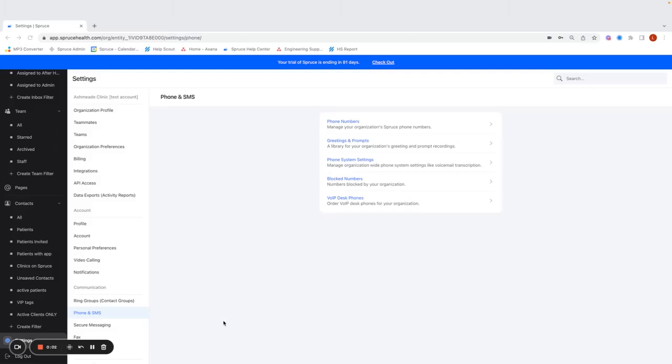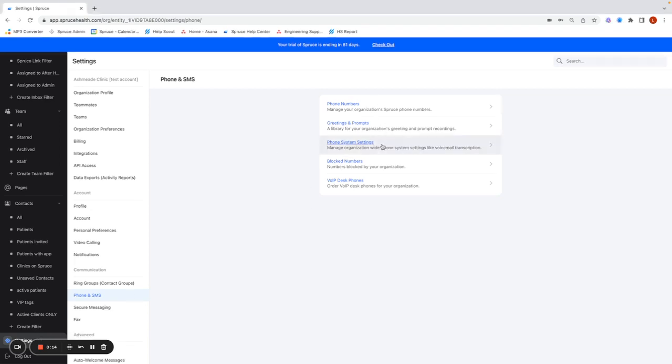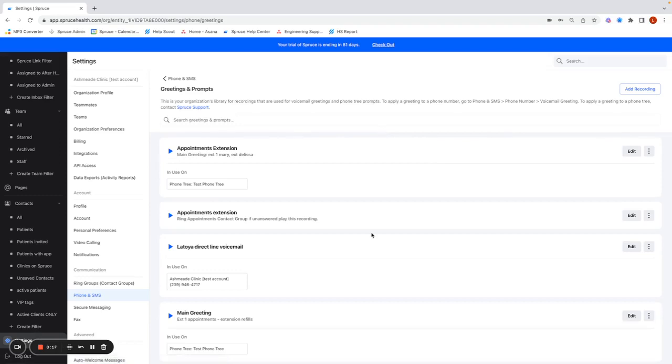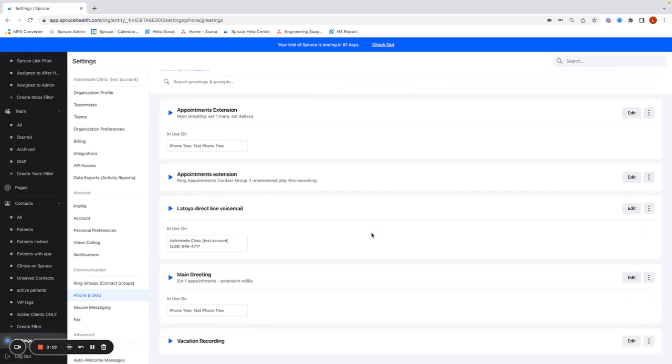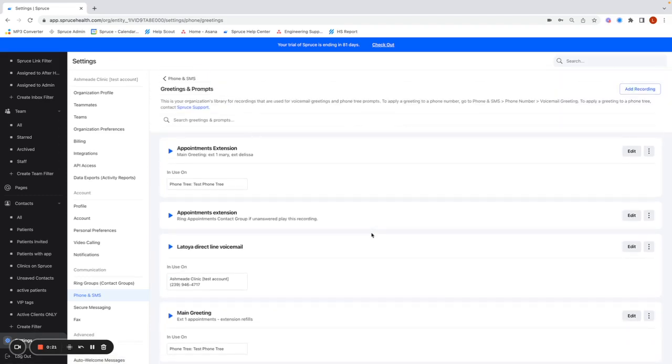Hi, in this video, I'm going to show you how to replace the audio recording on a phone tree. So here, to get to where we are, you would click on Settings, Phone and SMS, and then click into Greetings and Prompts. And here you'll see the library for all of the recordings that have been uploaded previously to